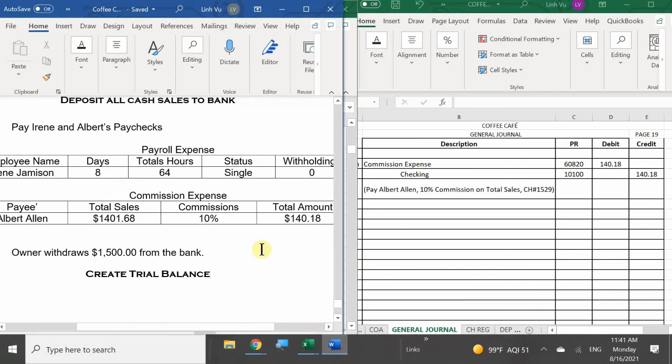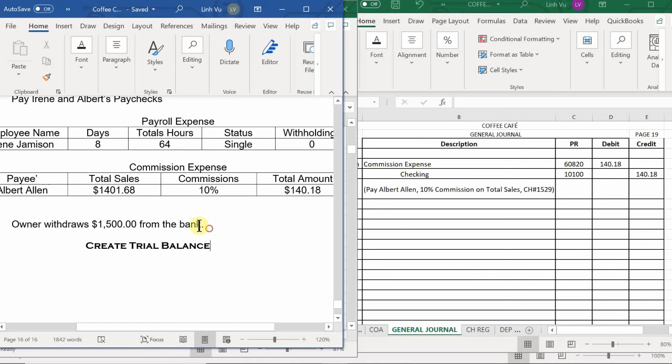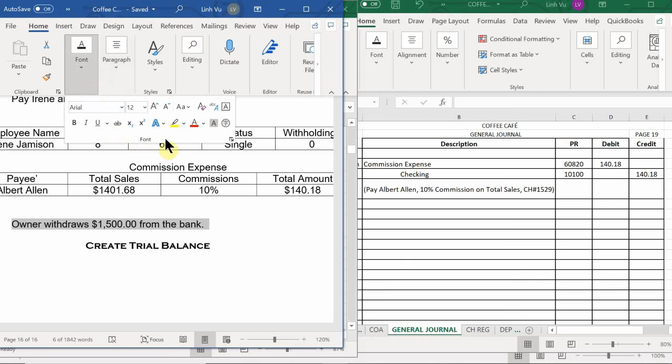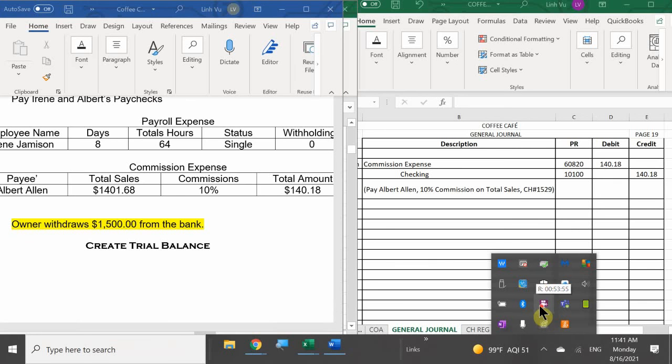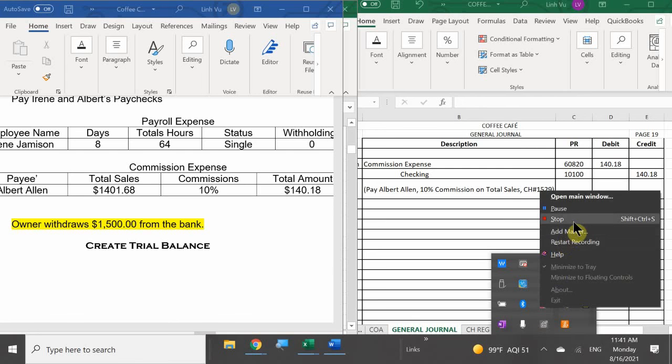So what I'm going to have you guys do is we're going to stop here, because all we have left to do is another owner's withdrawal. But I think we should call it a day. It's already 11:45. So we'll stop here, and tomorrow we'll pick up here and do the trial balance, and then get started with week 5 of Coffee Cafe, which is the remaining 28, 29 and 30. Okay. So other than that,